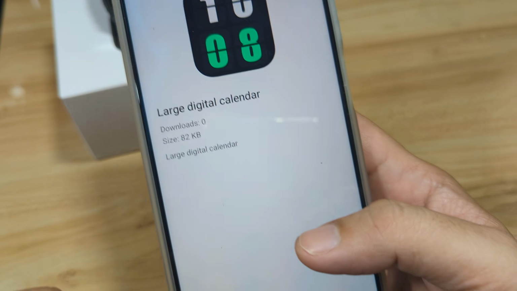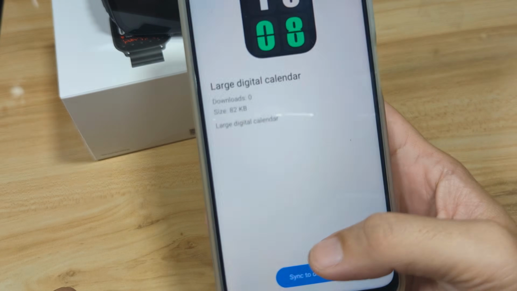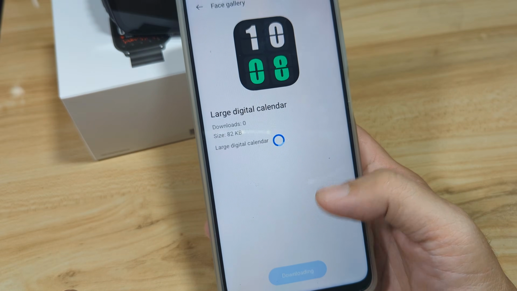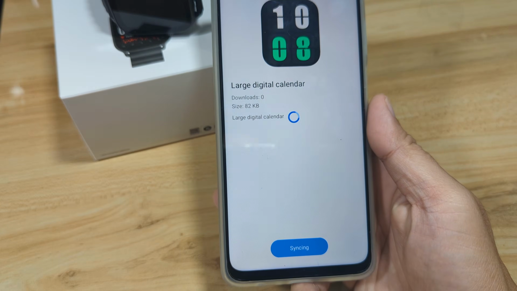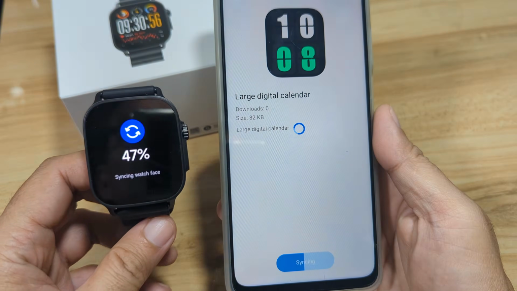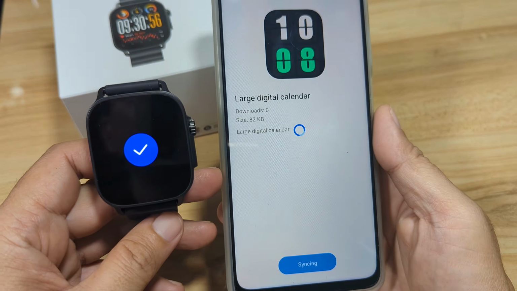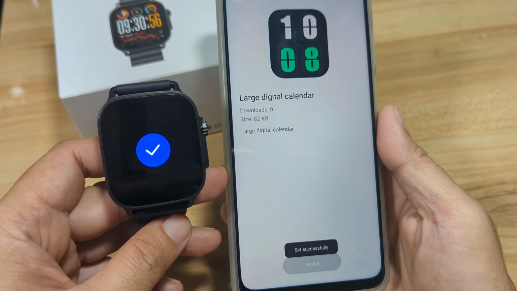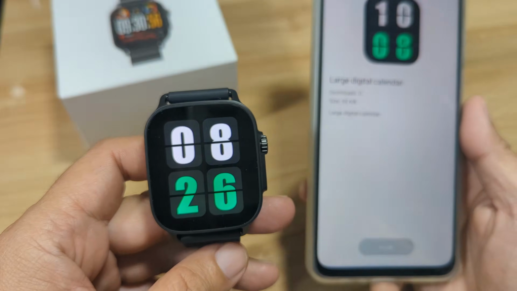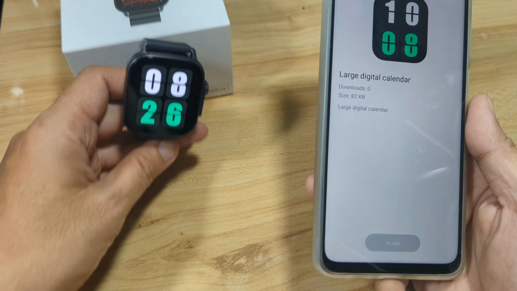And it is just 82 kilobytes. So let's download this one. Sync to watch. It's now syncing. And as you can see here, our smartwatch switched to download mode. And we have here our downloaded watch face.